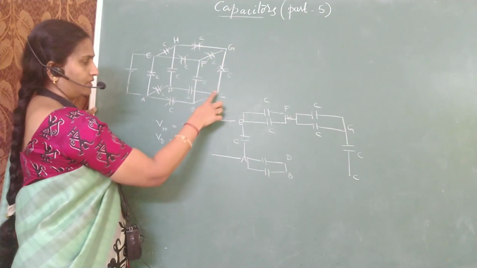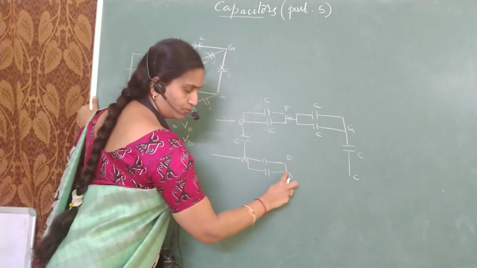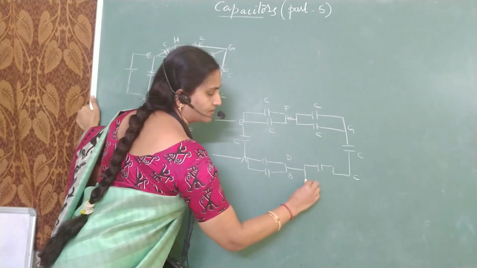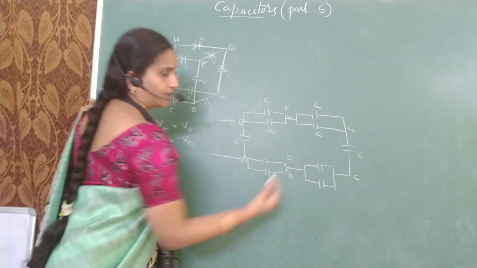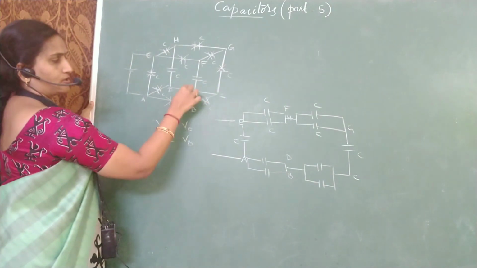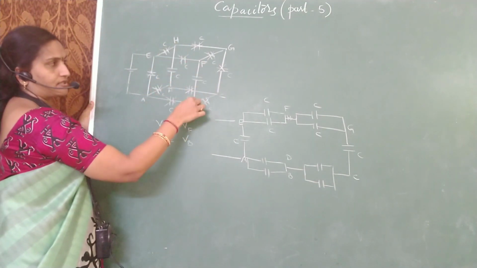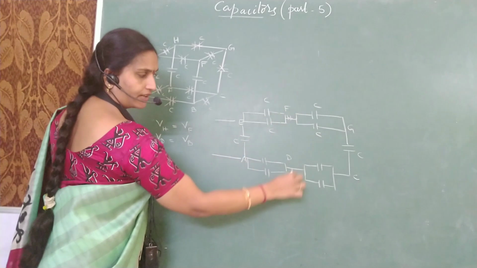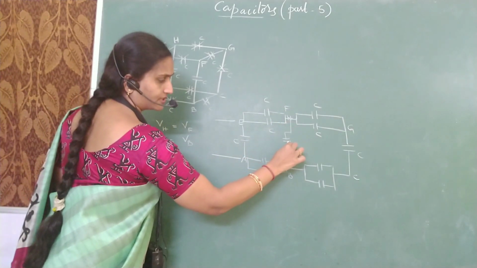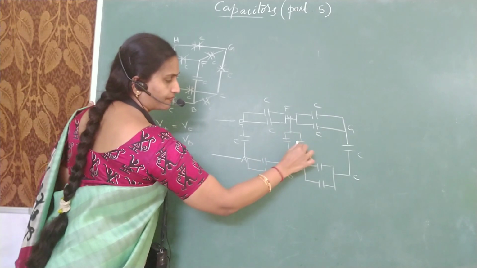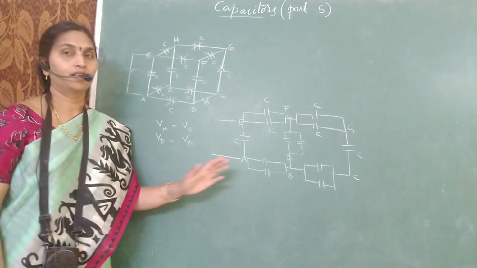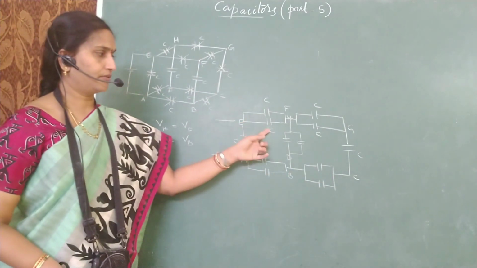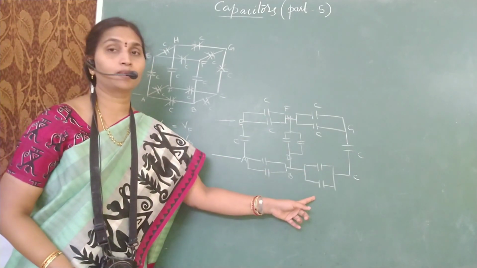Similarly, C to B, C to D. Two more capacitors between C and B. So these two are also connected. Now we are left with only two vertical capacitors between H and D, F and D. So vertically we have two more capacitors. You can connect them. Now I have again made this three-dimensional network into a flat network, and wherever you get a parallel combination of capacitors, you can make them 2C.